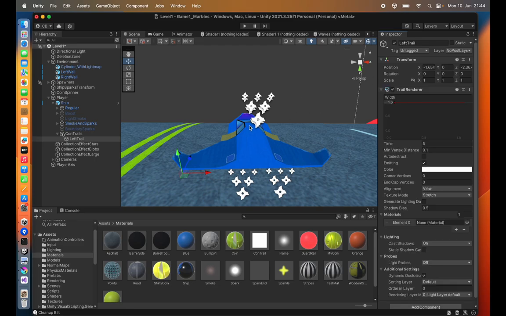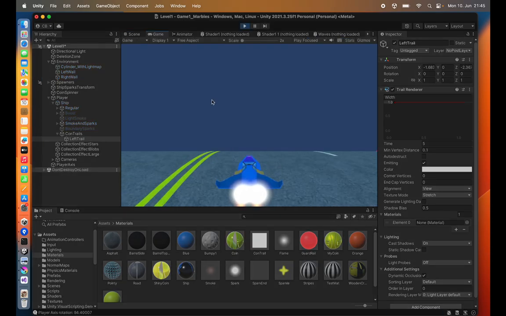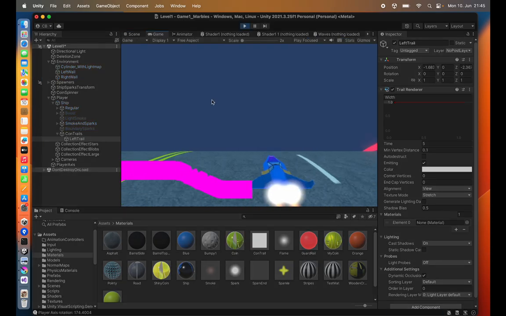What a trail render basically does is it draws a trail after a moving object. So if I move around this object here, we can see the trail render drawing a trail. So technically, if I start playing the game, I should already start seeing something here. So let's go ahead and do this. Let's just run the game. Okay, so I don't see anything yet, but if I move around,